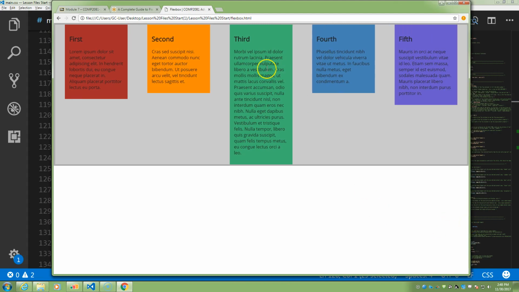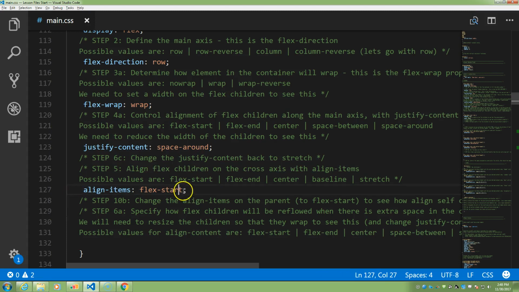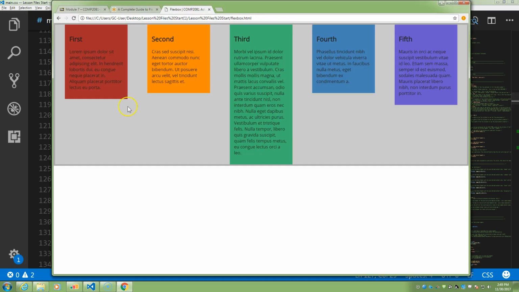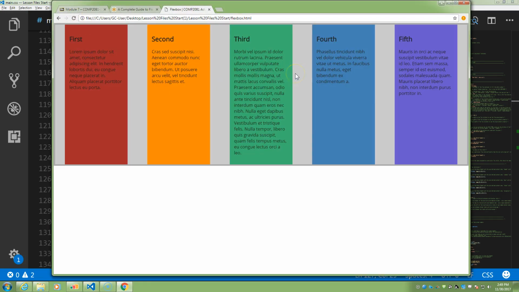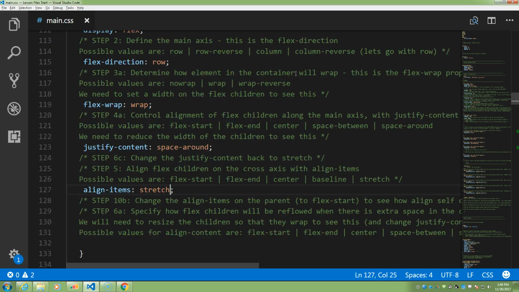So if I set the align items to flex start, the height now goes back to auto because the default is stretch. So if I change this to align items stretch, this is something people often ask me: if I have so many columns in a page, how do I get them all the same height no matter how much text is in them, right? Before this was only possible really with JavaScript, by figuring out the highest one and then looping through and setting them all to the same height. Now with align items stretch, that does it for you, right? So if you don't say anything, align items defaults to stretch. But if you say flex start,